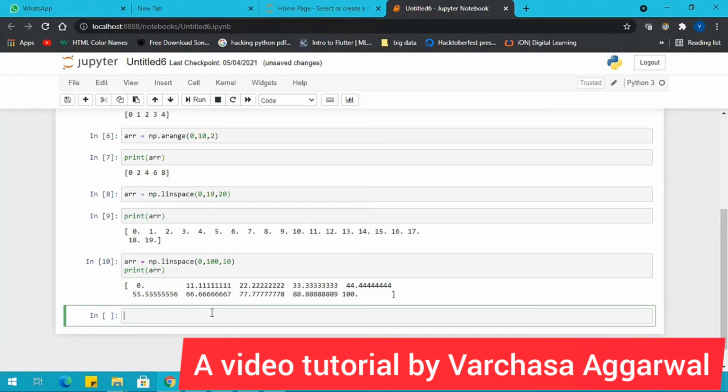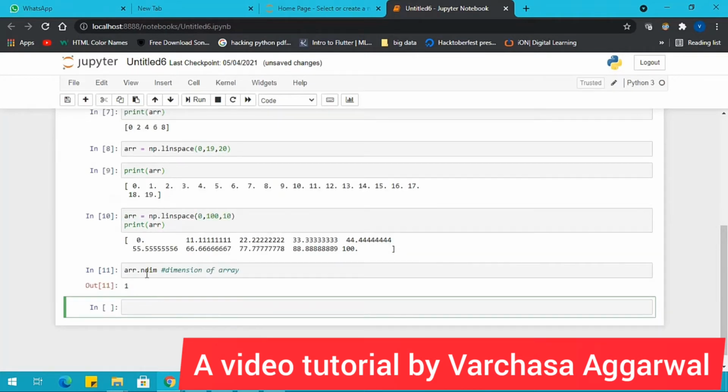and the numbers are ranging between 0 to 100. Now there are many functions related to a NumPy array, for example ndim, which is used to generate the dimension of the array.